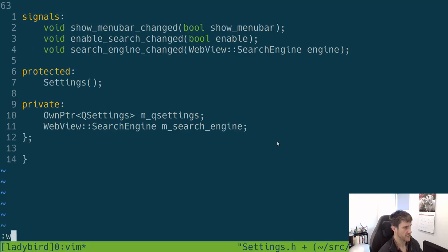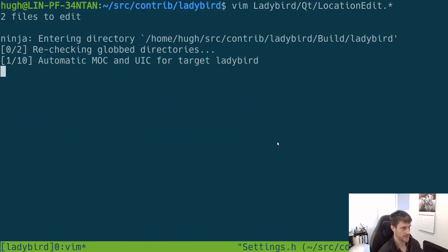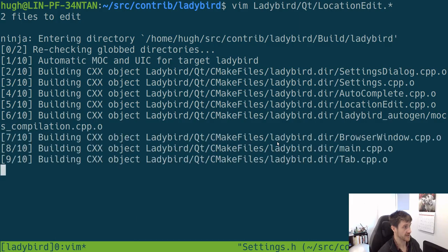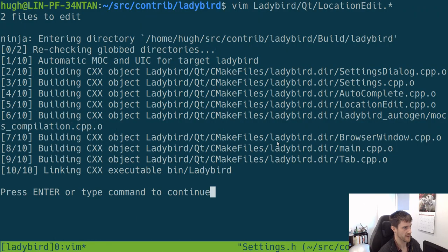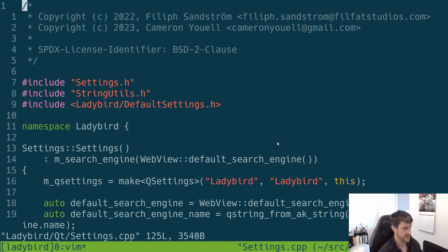So maybe I'll write this and do a make here, then Meta Ladybird run. Now it'll probably still work because I've just changed the header, but it might fail because it won't know where these signals are. The idea of having that make program is I don't have to leave them at all. So it'll still work at the moment, but what we also need to do is actually